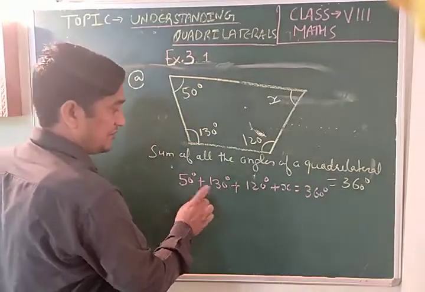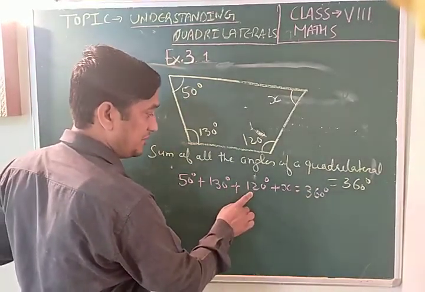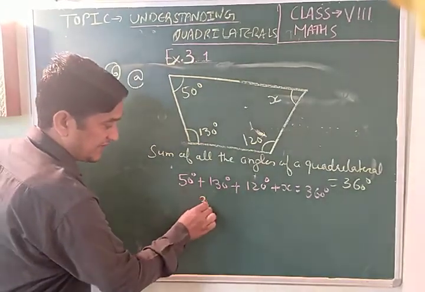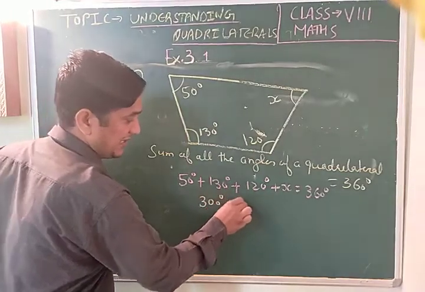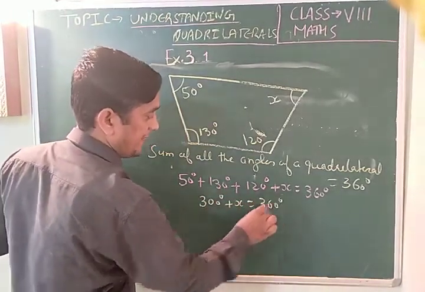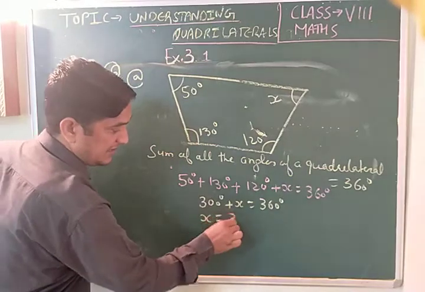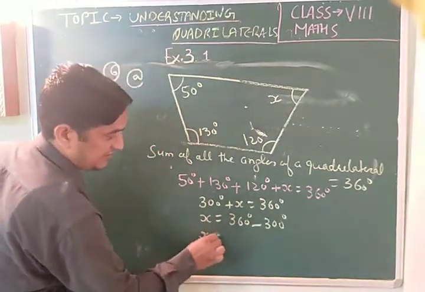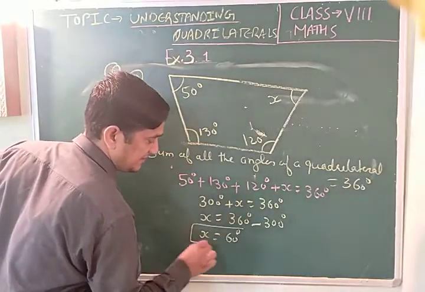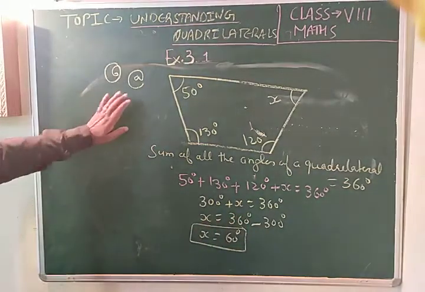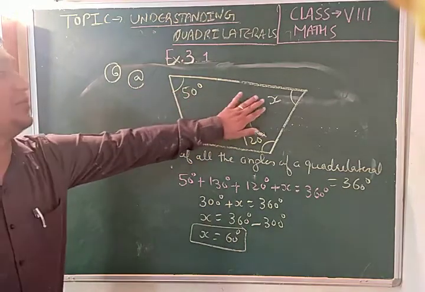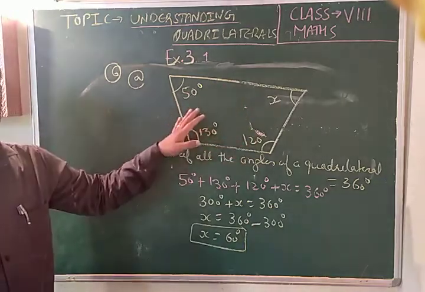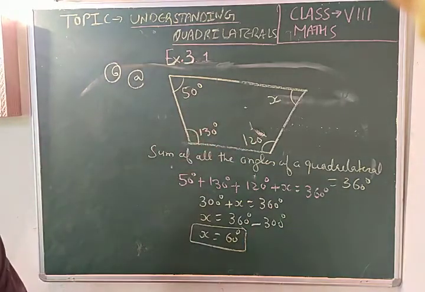Add all these. 130 and 120. It becomes 250. 250 and 50, 300 degree plus x is equal to 360 degree. The value of x is 360 degree minus 300 degree. The value of x is 60 degree. This is the way to find any unknown quantity of this figure. Next is